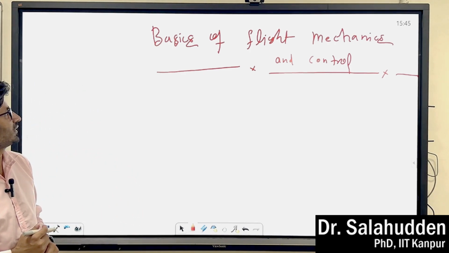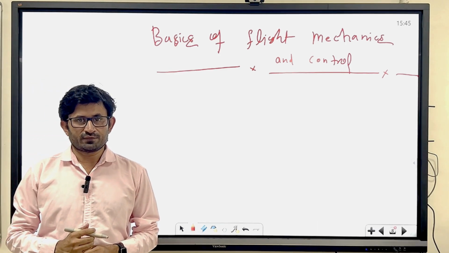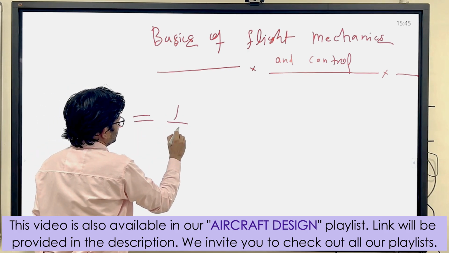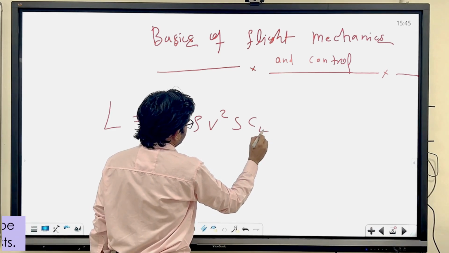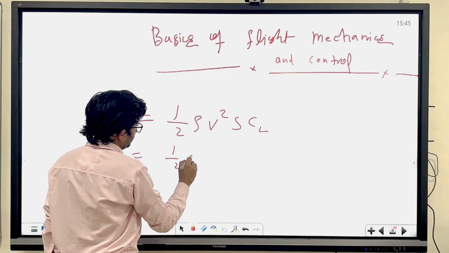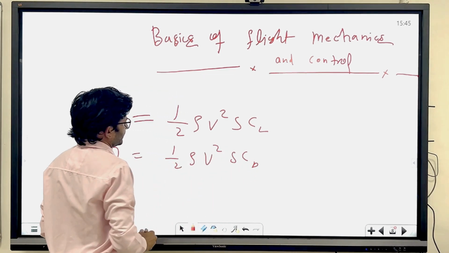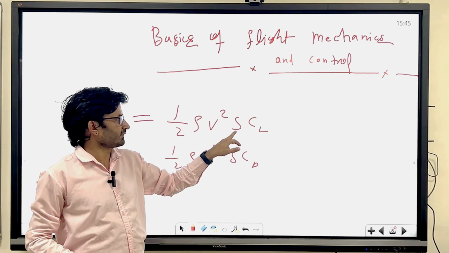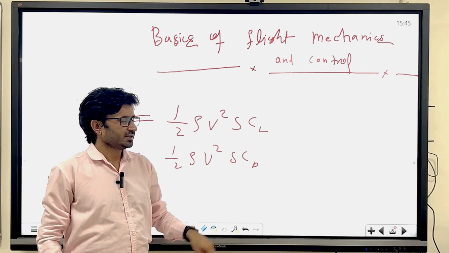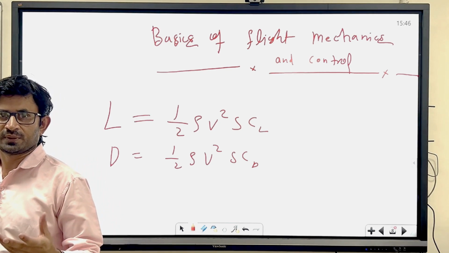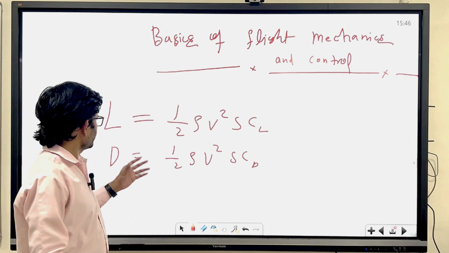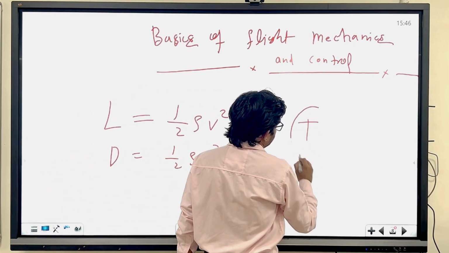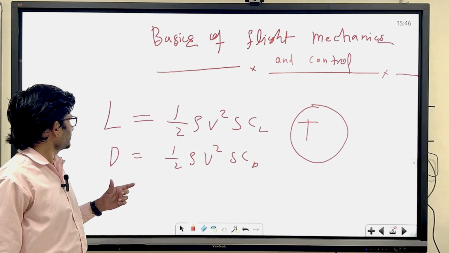Today we will discuss the basics of flight mechanics and control. In the basics of aerodynamics lecture, we got an idea about what lift is, half rho V square S into Cl, and drag, half rho V square S into Cd, where rho is the density at the particular altitude where you are flying, V is the flight velocity, S is the wing area, later we will size this, and Cl is the lift coefficient. Here Cd is the drag coefficient coming from both shape and lift. Now if you have these forces, and in basic propulsion we got the idea about thrust, you can use these three forces